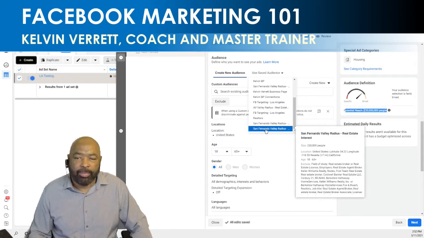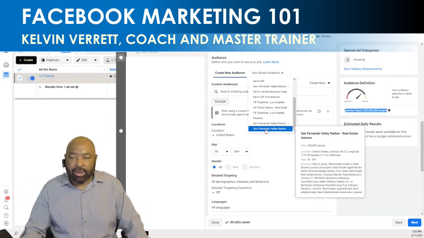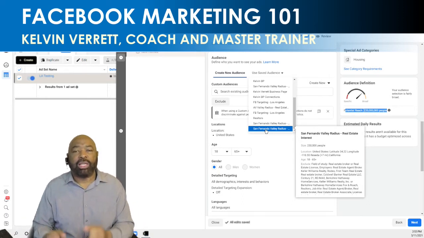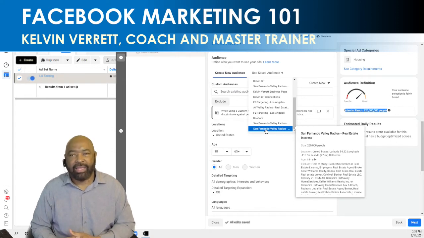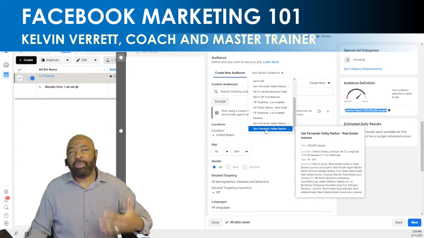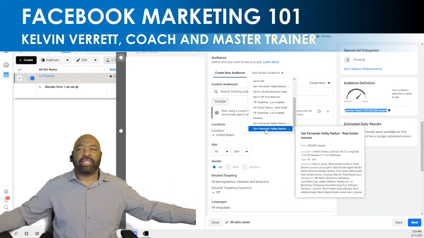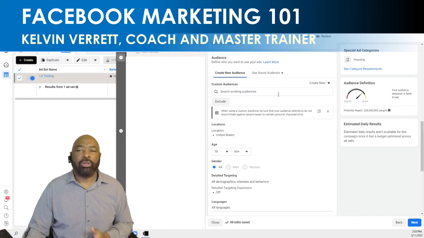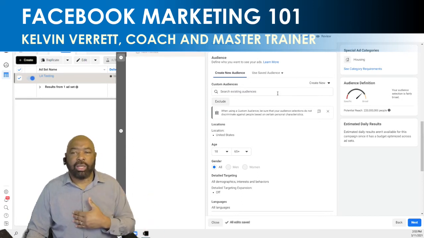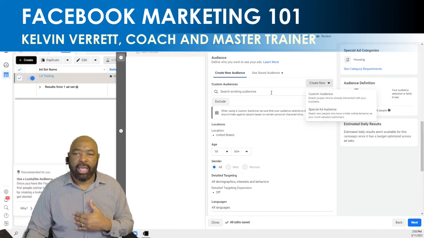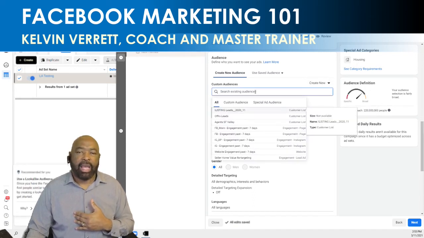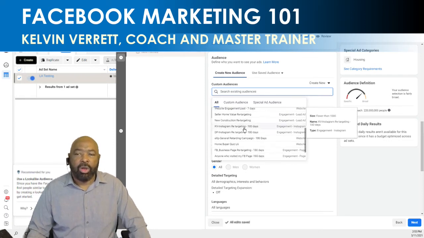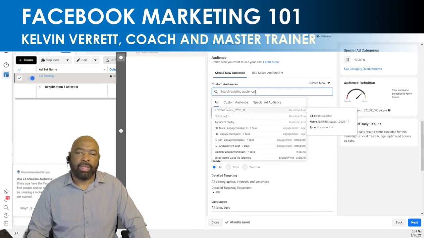Let's look at San Fernando Valley. I told Facebook inside this little window, you can't see it, all the demographics of the people that I want to see my ad. This here directly relates to how many people are going to see it and how far reaching my ad's going to go. I have it set up by parameters. It's important that you do that. Now, you can use an existing audience or you can create a new audience. Let's say I want to create a new audience, okay? Now, it's already a special ad category, and then here, I click on this, a drop down comes, and I can tell Facebook, oh, this is my saved audience. So let me go